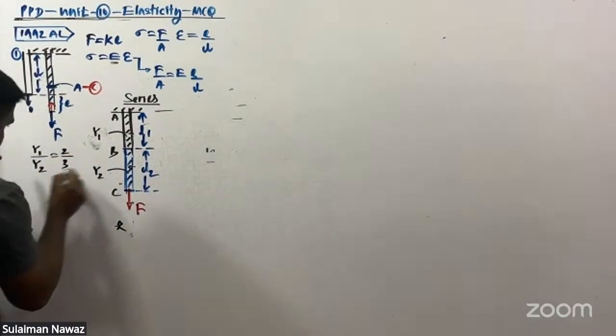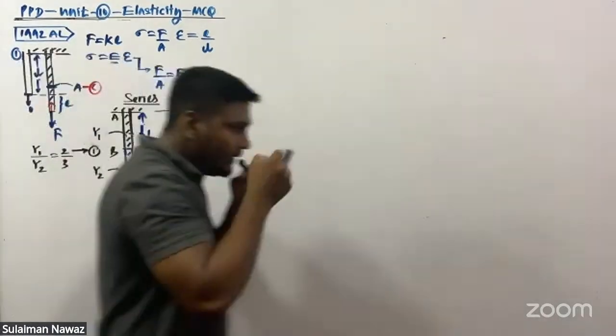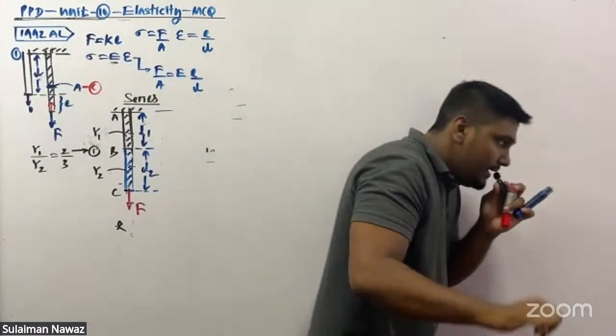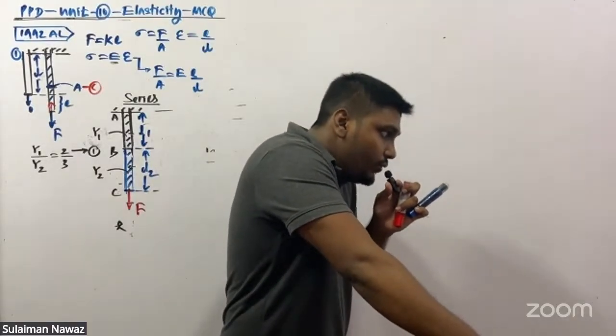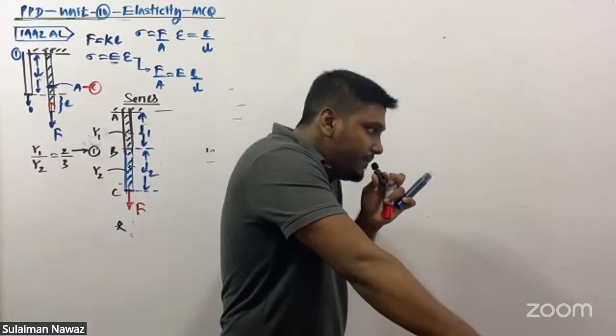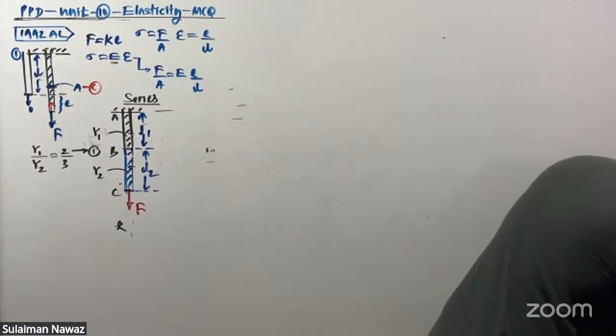This might be important. And they are asking for the condition where the extension produced by rod AB becomes equal to that produced by BC. Very simple. When you apply capital F external force,